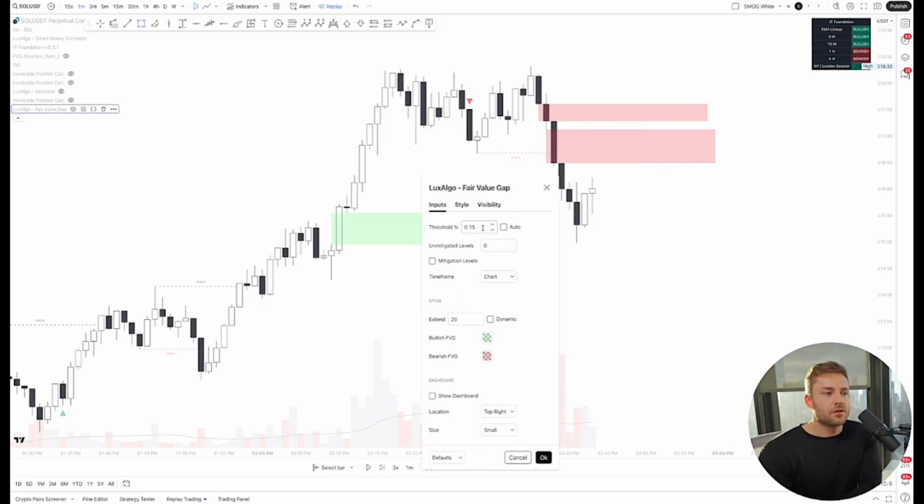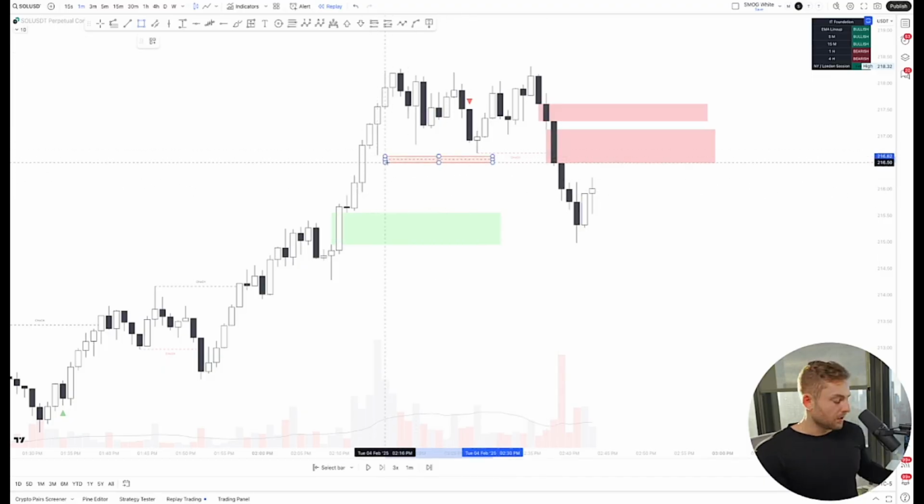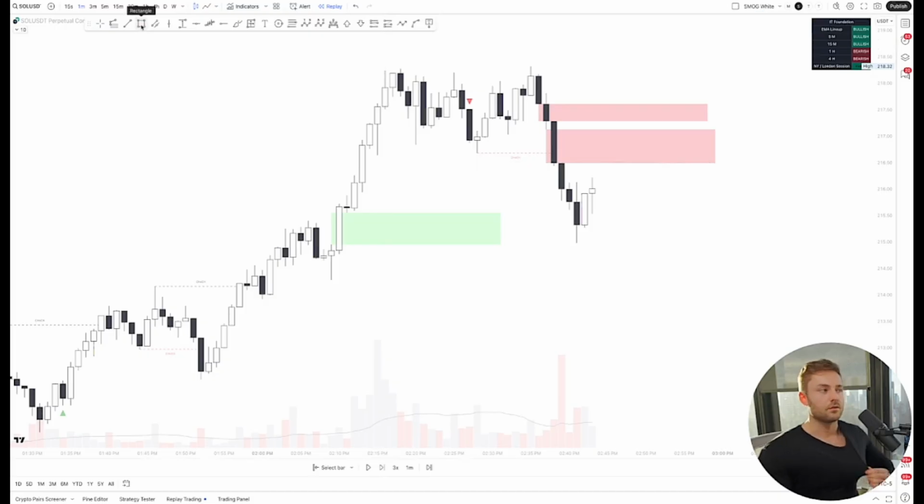This threshold essentially shows me how big or small I want my fair value gaps to be. What I like to do is just tweak this to the point where I see significant, important fair value gaps. I don't want to find little ones like these, right? I want them to be big, juicy, actionable fair value gaps. And that's really just getting a feel of it, understanding the instrument that you're trading, and truly understanding what a fair value gap is. While I do think it's okay to use those indicators,